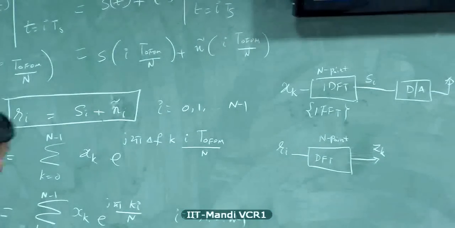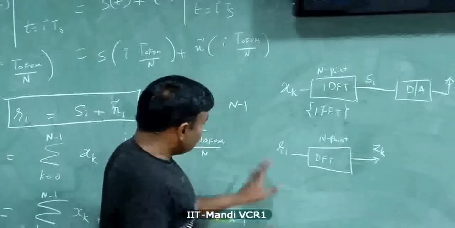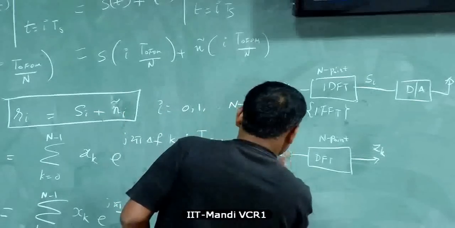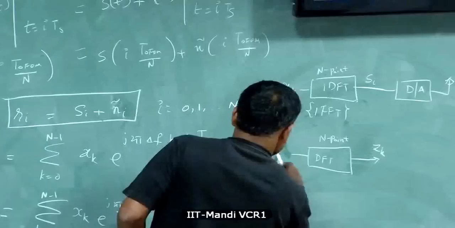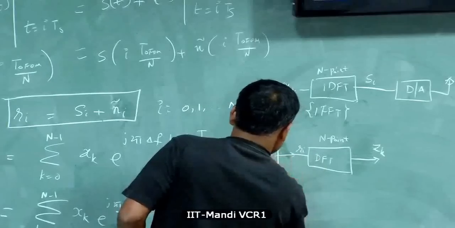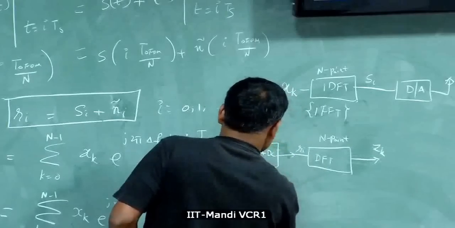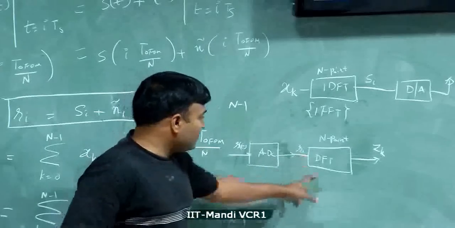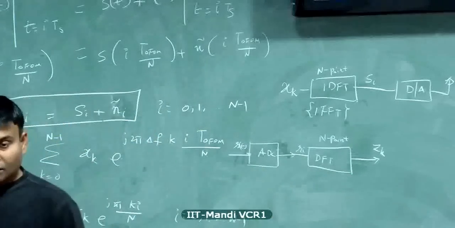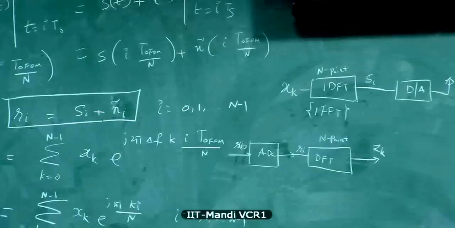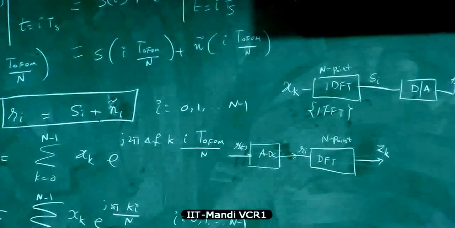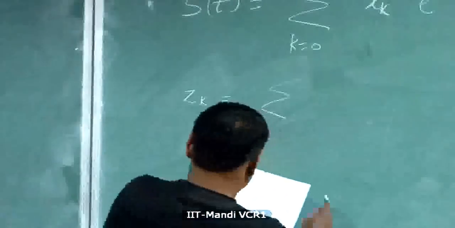But you can see the beauty of it. R of I is generated using an ADC, right? The signal is passed through an ADC, and that gives you R of I, and then you implement a DFT. Okay, we'll see what the DFT does to the signal. Okay, let's proceed with the steps.